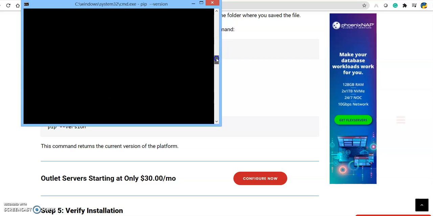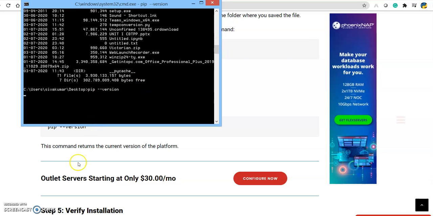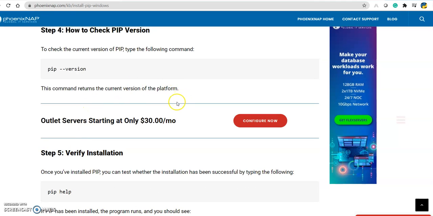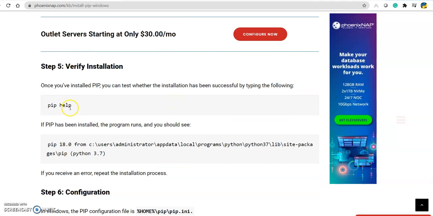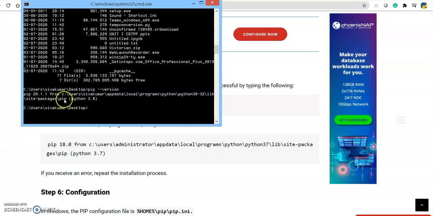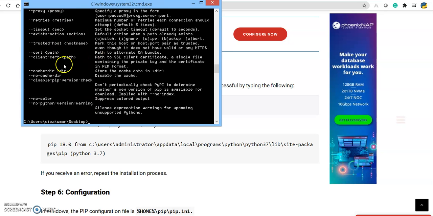Once you have installed pip, you can test whether the installation has been successful by typing this command. Already pip is installed correctly. The version is 20.1.1. Now I am once again checking pip help. Okay, so pip is installed.